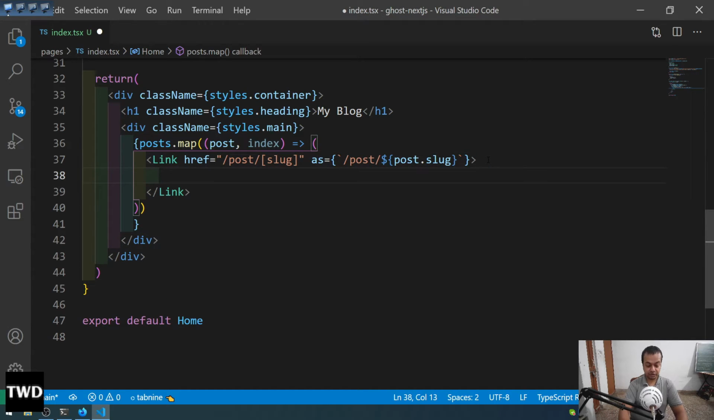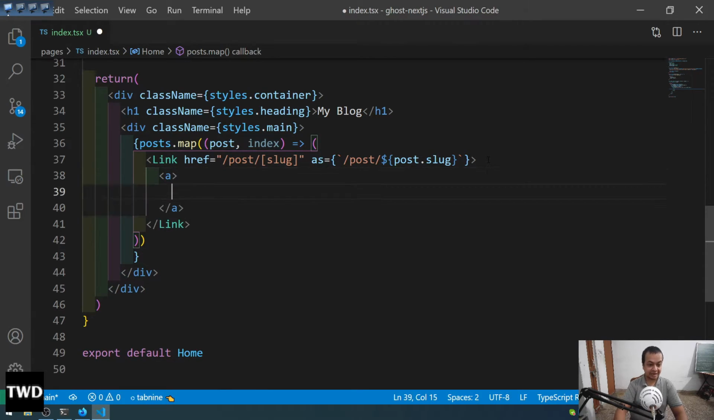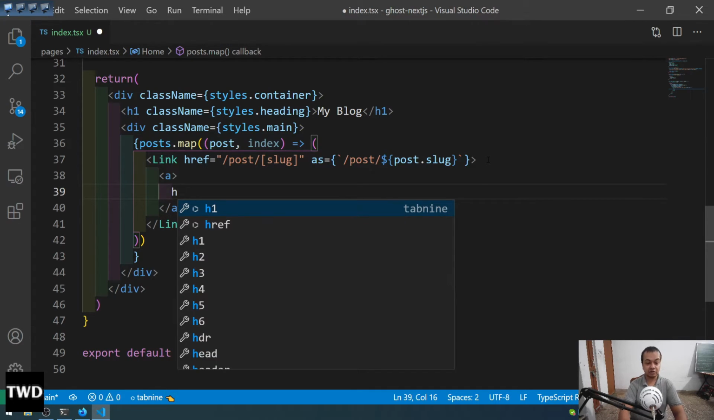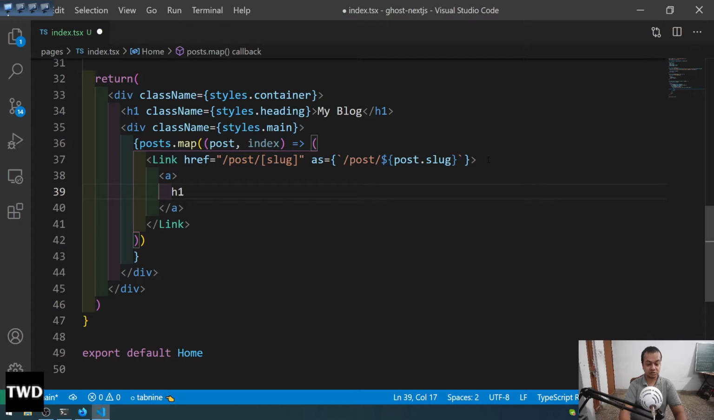After that we should have an anchor tag also. So this is very much required, and the anchor tag doesn't have href because href we already did in the Link. So this anchor tag is there, and then inside this everything will happen. So this is required by Next.js. Okay,